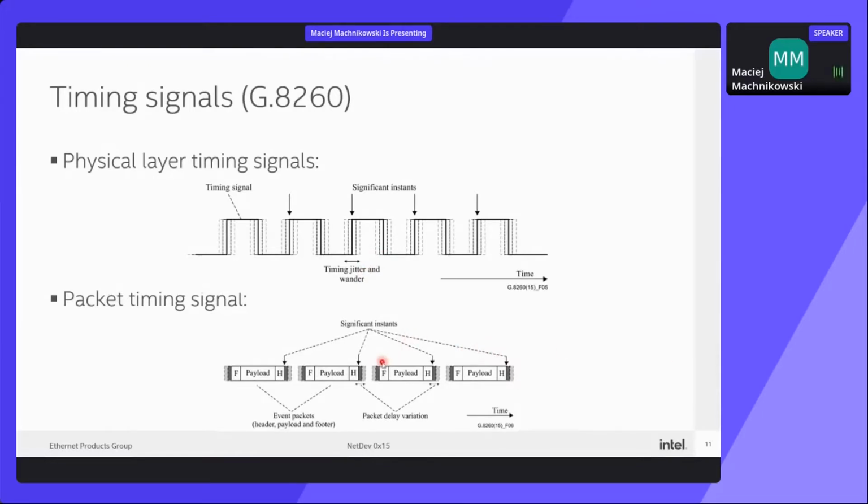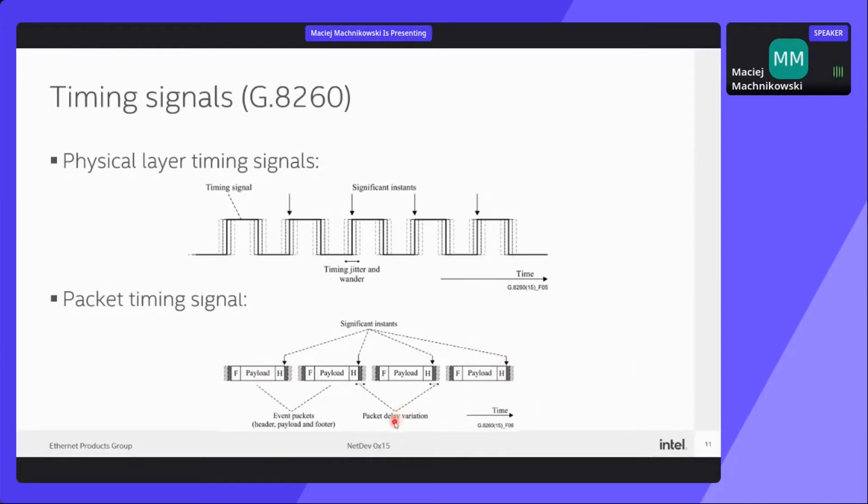In this way, we send a series of packets with a significant instant. For example, in 1588, there is a preamble in each of the packets, which, when detected by the PHY, is timestamped, and then this timestamp goes to the user. In this case, we need to make sure that we send those packets at some rate,